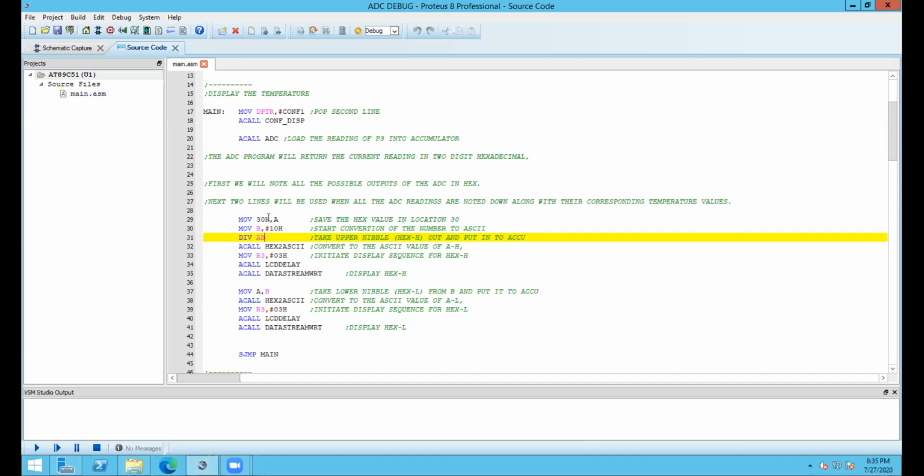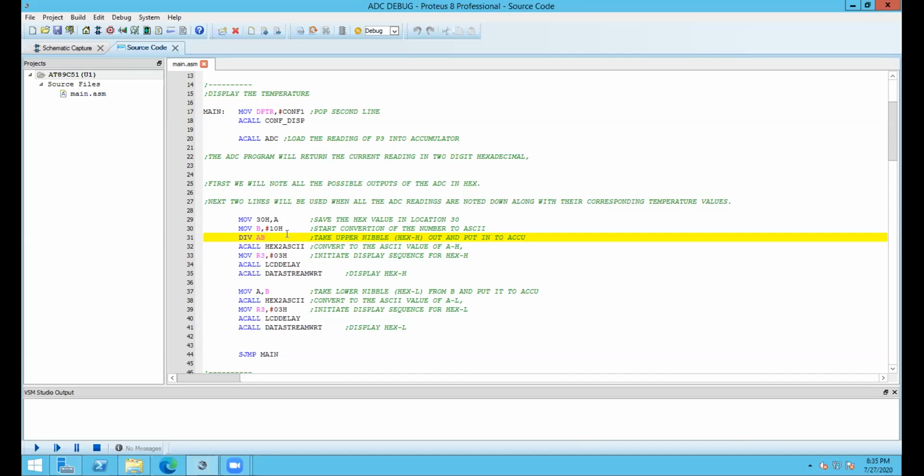We are storing the value in someplace else for usage later. We are taking 10H to B. We are dividing it. This is a simple thing. Just our target is to convert the hexadecimal number 1C into 2 corresponding ASCII values of 1 and